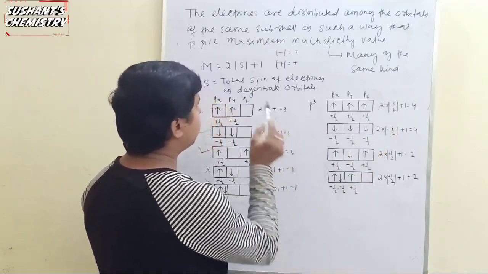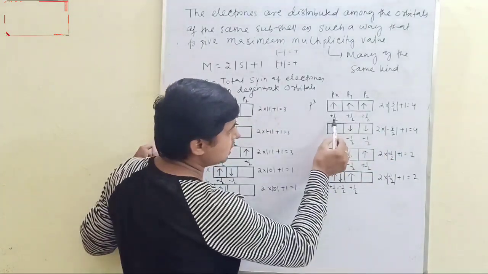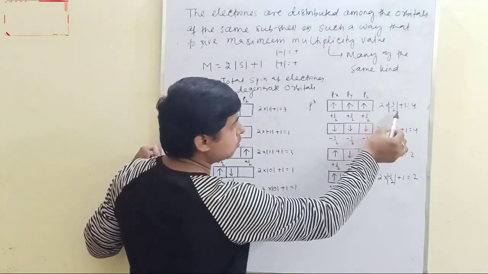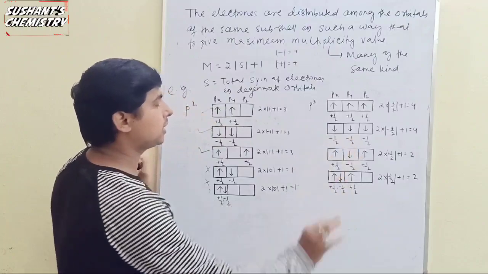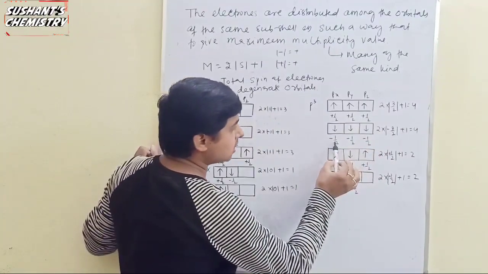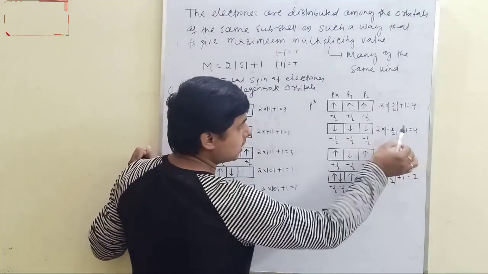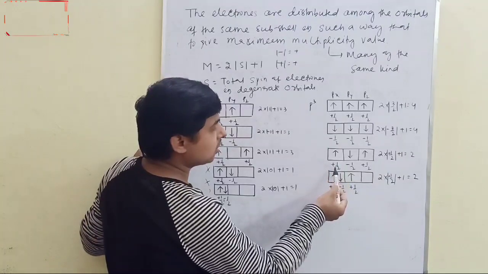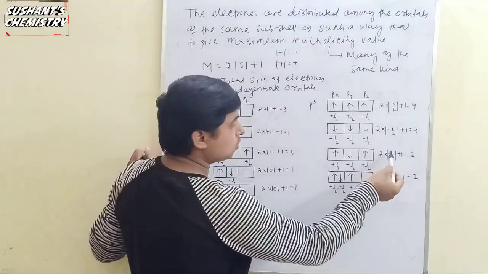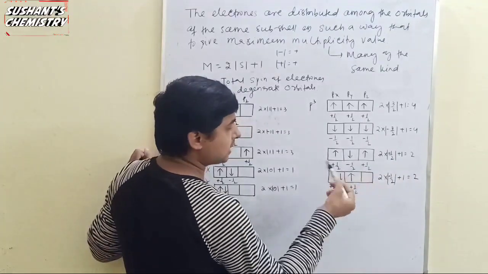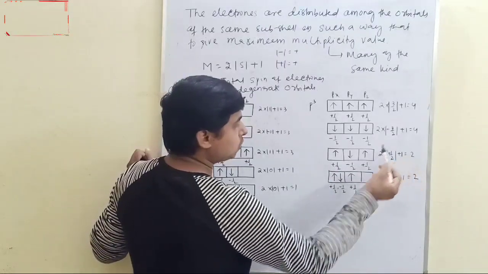We get the value of M by applying this rule. For this case, the 3 electrons have the same spin, S equal to plus half plus half plus half, 2 into 3 by 2 plus 1, 2 cancels, we get 4. Similarly, in this configuration, the 3 electrons have opposite spin, by adding minus half, we get minus 3 by 2. The mod of minus 3 by 2 is 3 by 2, 2 cancels, we get 4. Similarly, for this one, S equal to plus half, minus half, plus half, so 2 into plus half minus half plus half, cancel, we get plus half, mod of plus half equals half, 2 into half equals 1, 1 plus 1, 2.